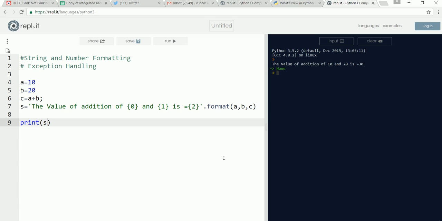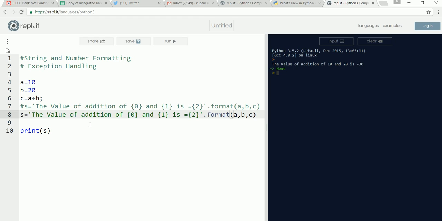Now, sometimes we might even have different variables, many number of variables, and it is extremely difficult to remember them with 0, 1, 2, 3, 4, so and so. So instead of doing that, you can actually specify a name over here. Say for example, let's put a comment here and